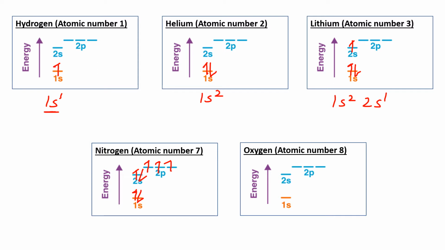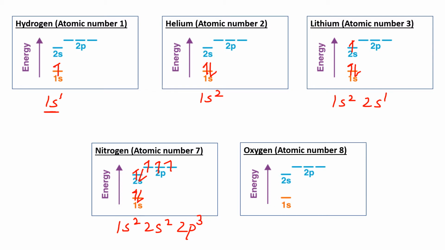The 2p has 3 orbitals, so each orbital will have 1 electron each. We will not start pairing. This is again according to the rules we did in part 1. We put 1 electron each in the orbitals and then we start pairing up the electrons. So the electron configuration of nitrogen would be 1s2, 2s2,